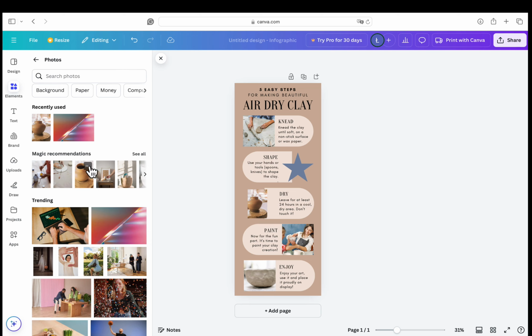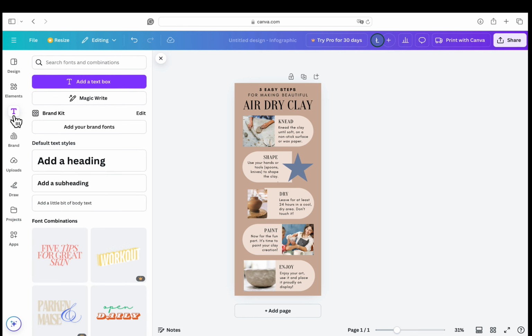Now, let's add some text to our design. Click on the Text tab, then choose Add a Heading.